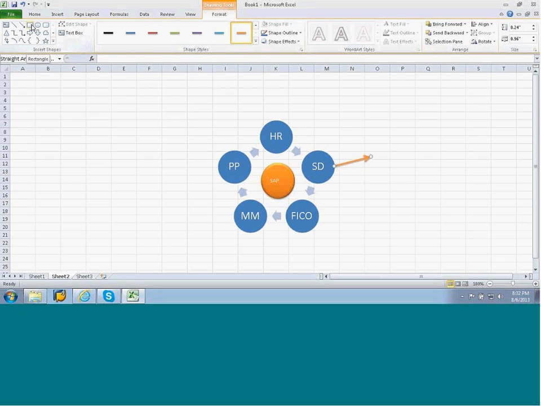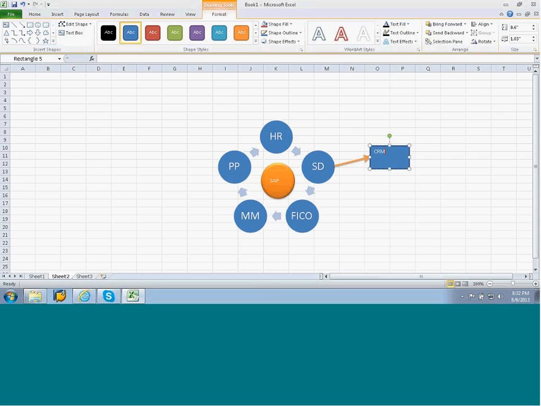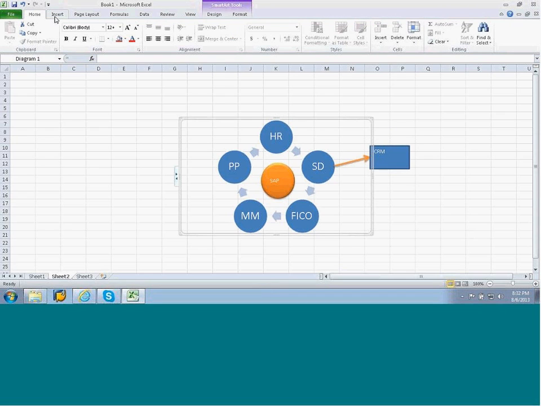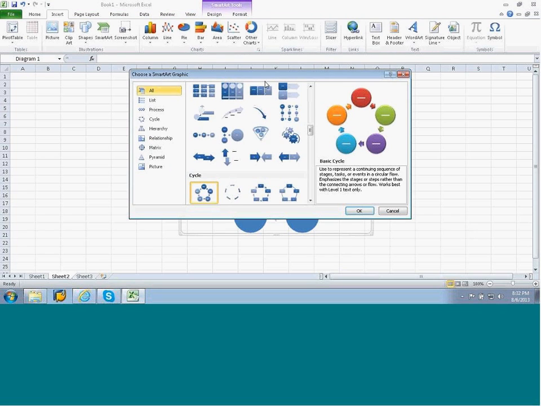So SAP came up with a specialized tool which has more business processes than SD, and they called that tool CRM, that is Customer Relationship Management. Similarly, it has grown to so much extent that it was very difficult for us to capture all those businesses within